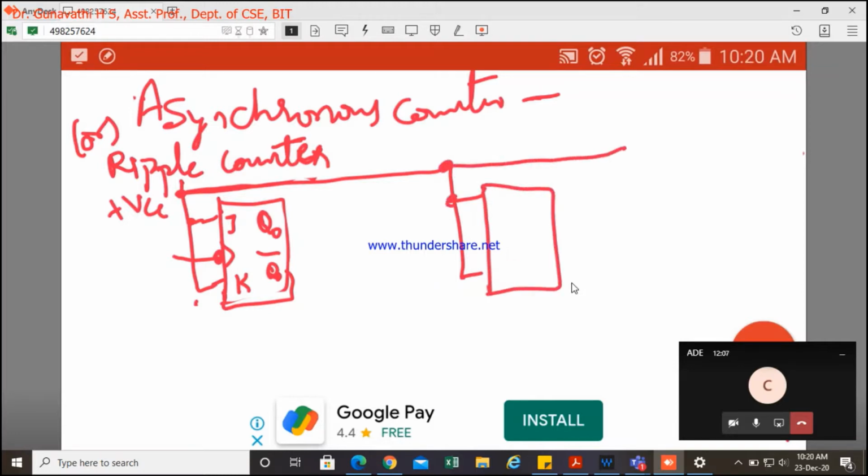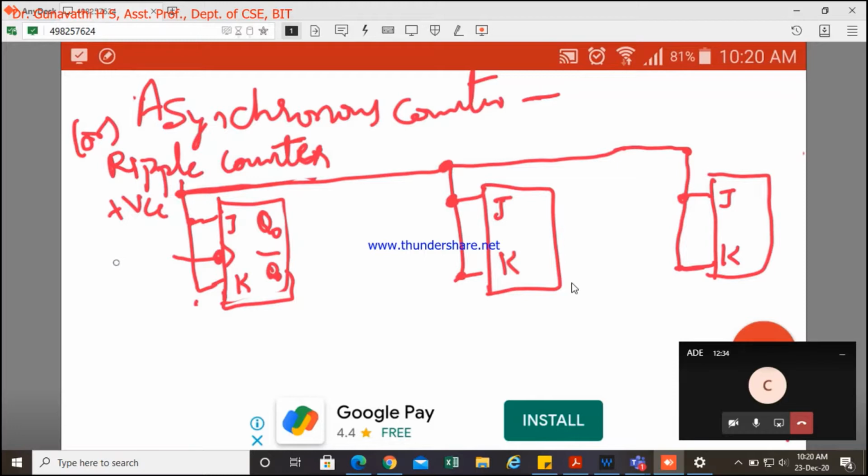Be careful when you're connecting this. These are the 3 flip-flops. The inputs are JK only, all the JK connected with the high input, so VCC is connected for all the 3 flip-flops here.